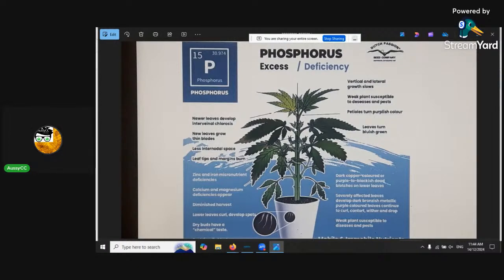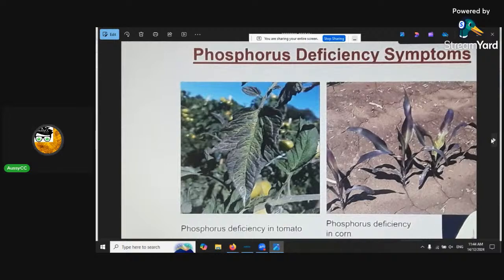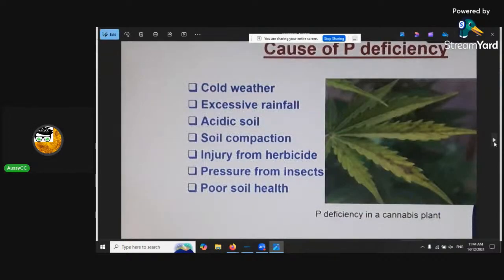There's a good little depiction of it. But it's a shame it's in cartoon and not really in colour. But I'm not going to go through them all because I think that little summary earlier was enough for the phosphorus deficiencies. Darkening, you think, well, the anthocyanins are so good, but it's not. It's phosphorus because it's the darky colour.